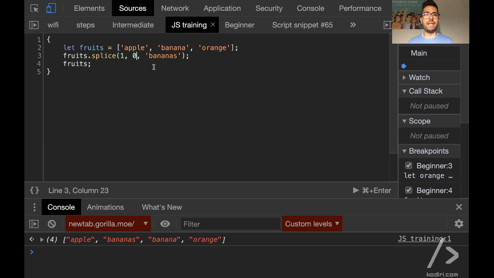But if I don't want to add it, I want to edit it, I can put index 1. That means go to index 1. Banana, what do you want to do with banana? Delete 1, and then in that position, put bananas. Apple, bananas, and orange. And what if instead of editing bananas, I want to add pineapples